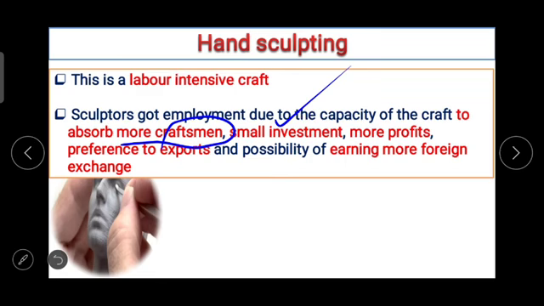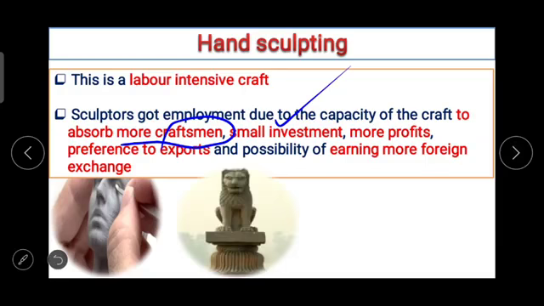engaged. Sculptors got employment due to the capacity of the craft to absorb more craftsmen, small investment, more profits, preference to exports, again the important thing, and possibility of earning more foreign exchange. Why? Because preference to export. जो भी काम हो रहा है वो ज़्यादा से ज़्यादा export होता है, and in return what industrialists are getting? More foreign exchange. So, several cities have market mechanisms like Delhi Haat, which enables the craftsmen from rural and urban